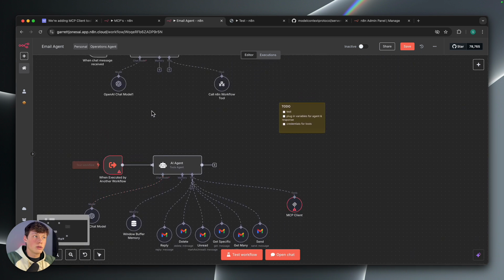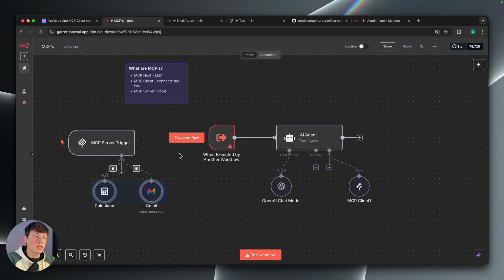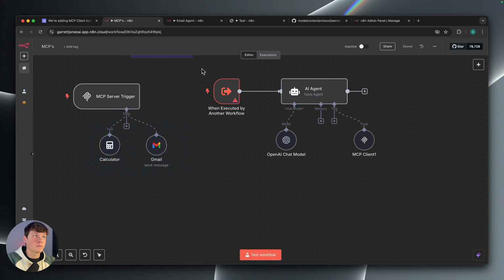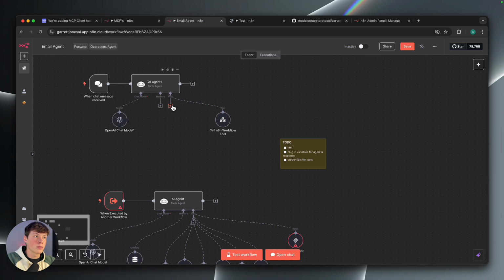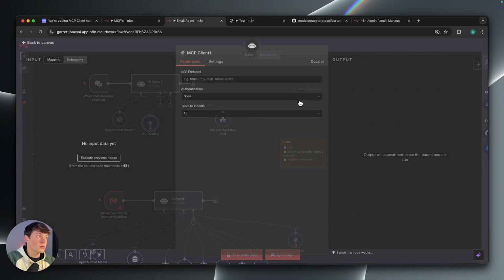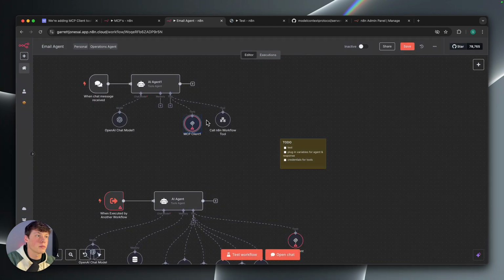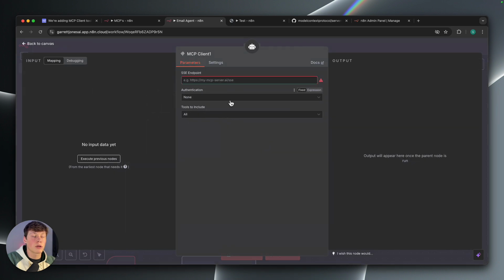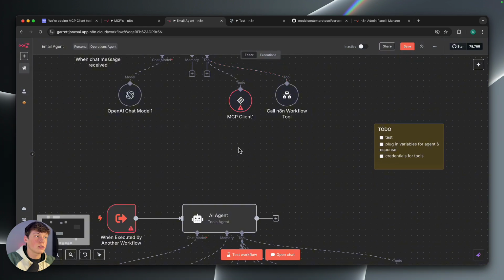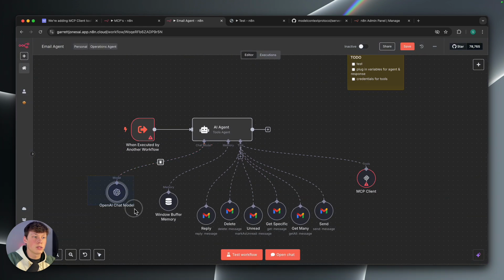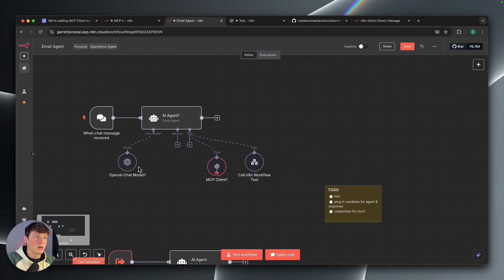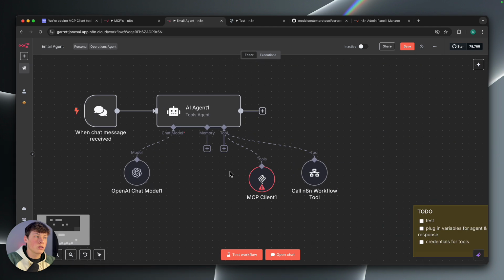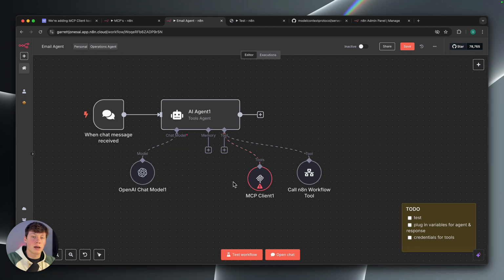So what this allows us to do is we can connect all of those email tools to an MCP server and then connect that server to this agent up here through this MCP client here. And then every single time we want to execute emails, anything regarding our email, we just pass it to this MCP client, and that saves us from calling this agent, which is using all of our API credits through this model. So I think that right now is the main use case, just because we don't have access to the